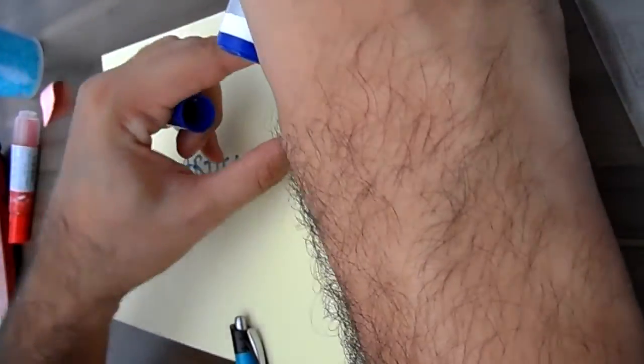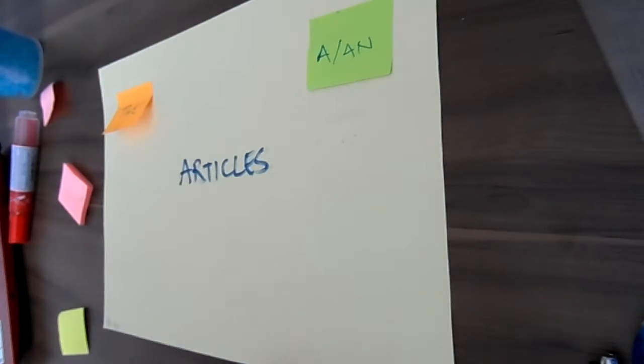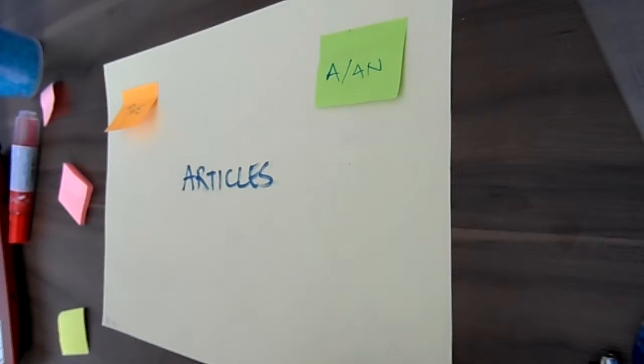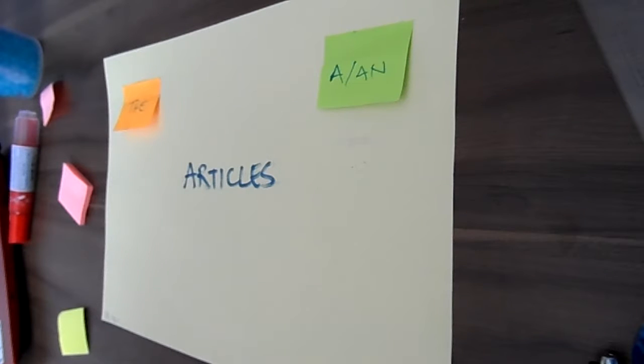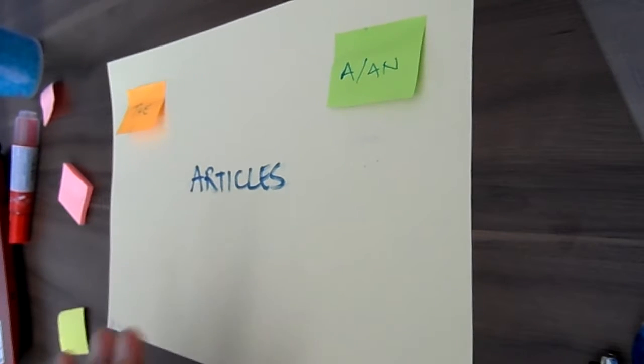The and a or an, depending on your accent. Well, the is what we call the specific or definite article, right? And a, an, the indefinite article. They are very similar to how we use them in Portuguese, so you should know that, first of all. But there are differences, right?